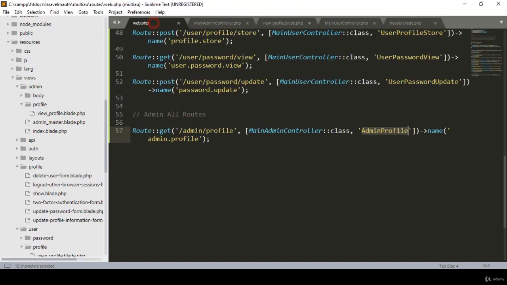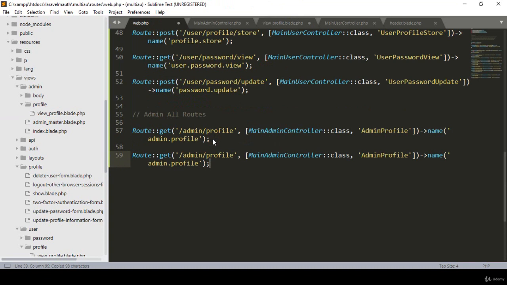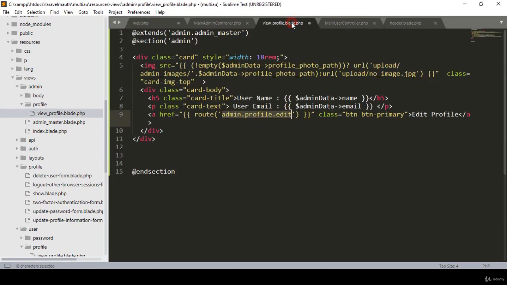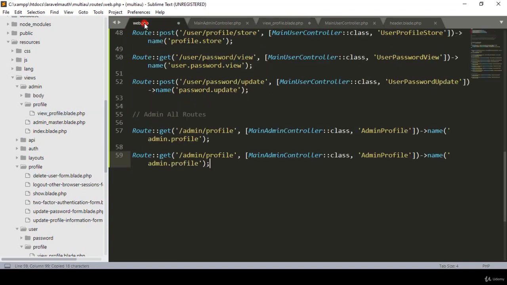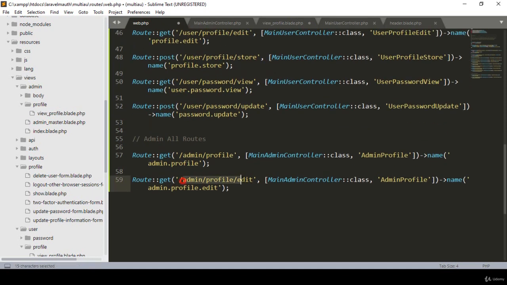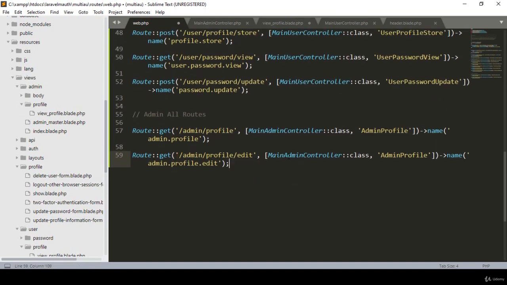Now go to our web route and here I copy it. And now I want to create another new one. So the procedure will be just the same. In our view profile, that will be our route as admin profile edit. I copy it. That will be admin profile edit. And I also want to change it. That will be admin profile and then edit. So this type of URL. So that will be our URL, and then in our main admin controller, I want to create one